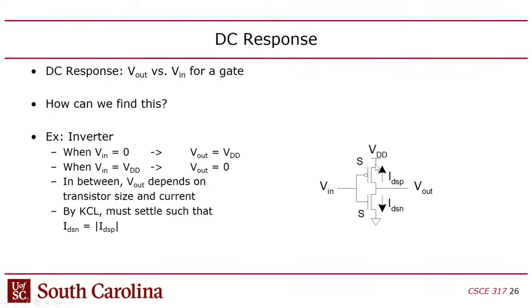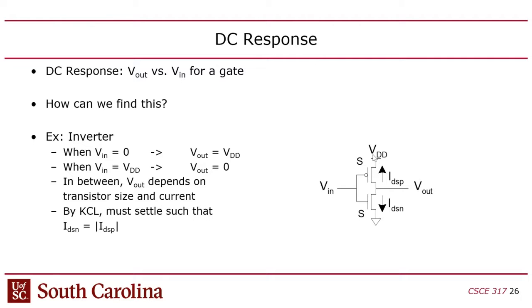So I mentioned that ideally we would be in either cutoff or linear mode, right? That's how these transistors are meant to operate if we're trying to use them as switches. But the problem is that when you're switching the gate, you also enter into saturation mode during the period that you switch. So how do we figure that out? Well, it's actually trickier than you might think. The way this is done is you actually solve